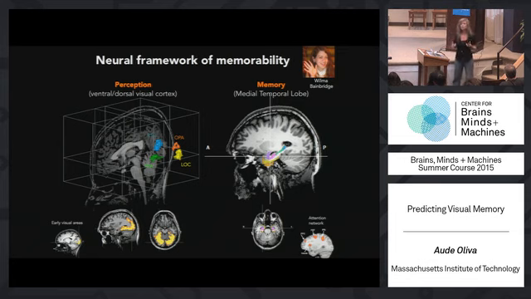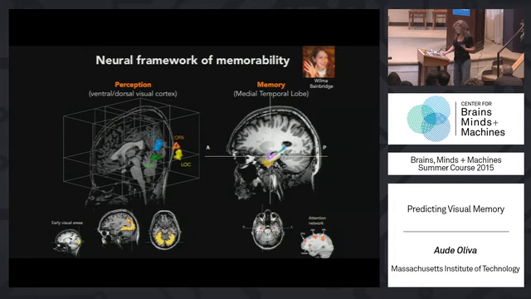We have to look at all the regions that have been found to be related to perception: face perception, picture perception, object, space, and so on, as well as the medial temporal lobe region, more in the middle of the brain, that have been related to memory. So this is what we did with Wilma Bainbridge. This is her PhD, basically having a look at all those regions.